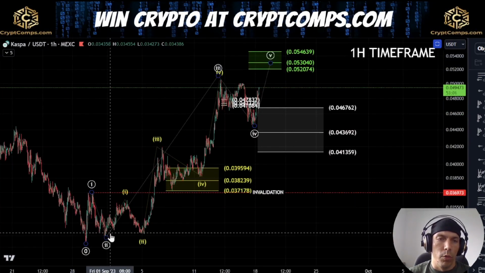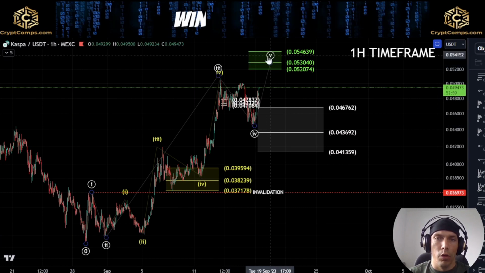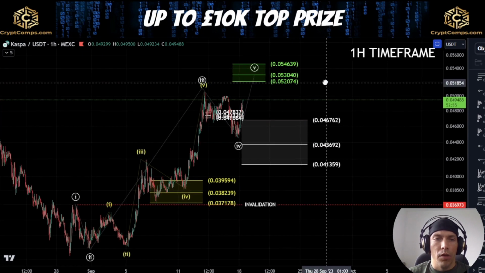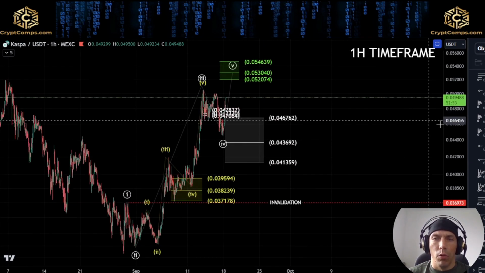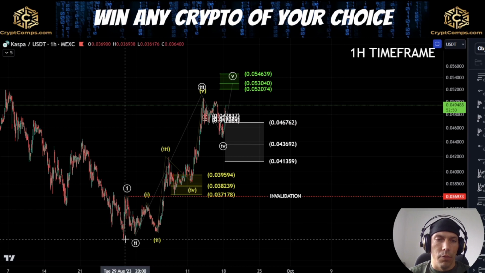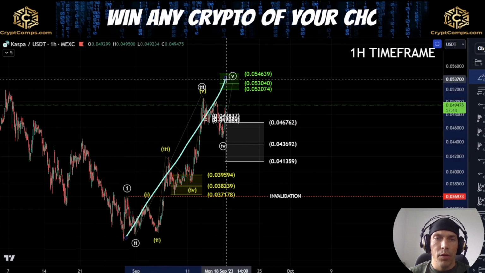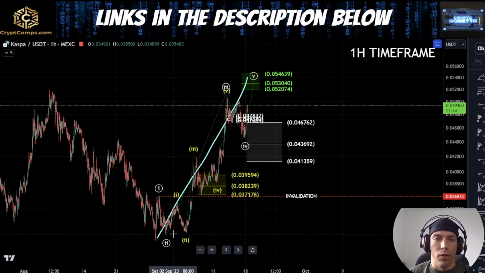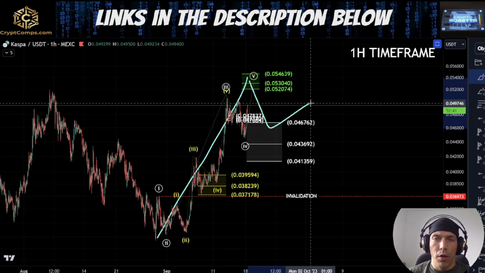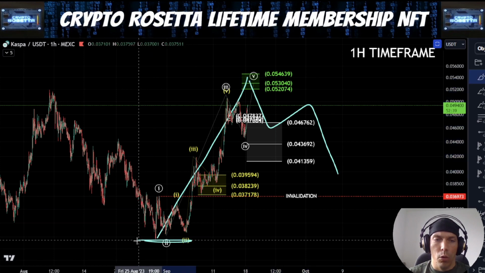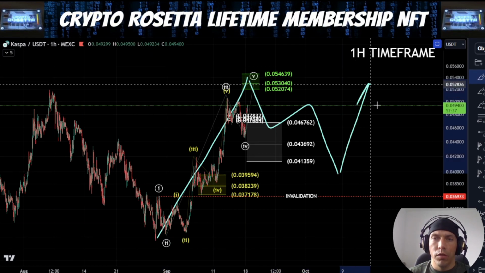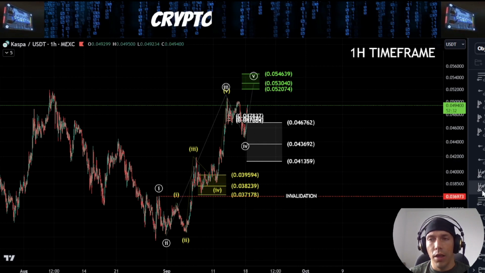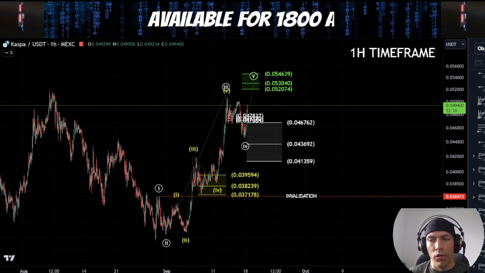If we're going to say this is 1, 2 and we've had this extension within the third wave, potentially our target area is going to be here within this green box area. And then from there, it's going to be important what happens if we do get this as a 5-wave move to the upside. If we start to break down again and we lose this low, this would confirm that this is a fifth wave. If, however, we get a 3-wave move down and we actually hold this low, we could potentially still see continuation to the upside. So it's going to be very important to see how we react internally here as to which one of these counts is going to validate.